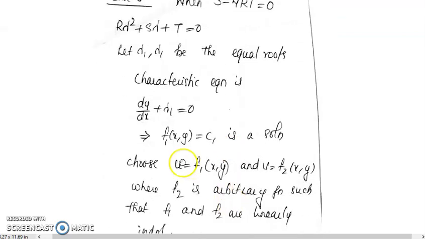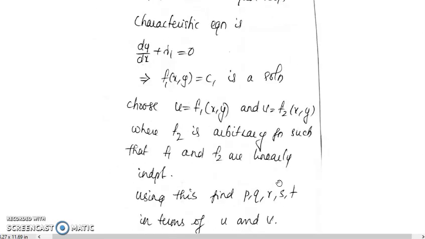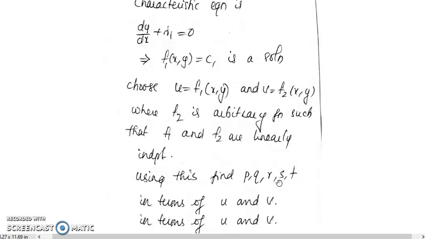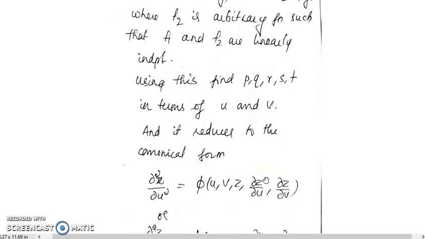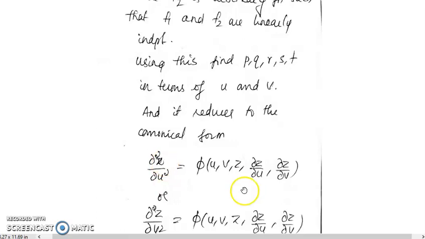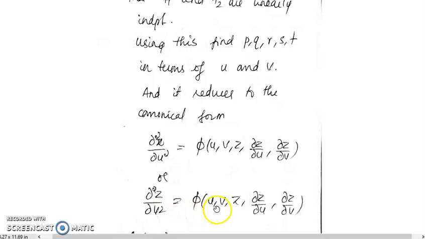Now, the choice of u will be f1 and v will be chosen as f2, where f2 is any function such that f1 and f2 are linearly independent. So choose f2 as a linearly independent function. That is the choice of u and v. In the second case, the parabolic case, the final canonical form will be dou square z by dou u square equal to phi of u, v, z, or dou square z by dou v square equal to the function phi. So those are the